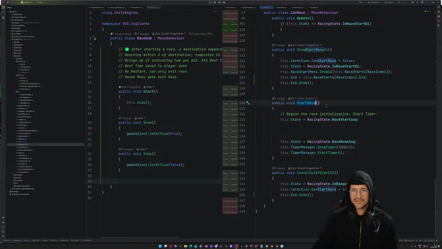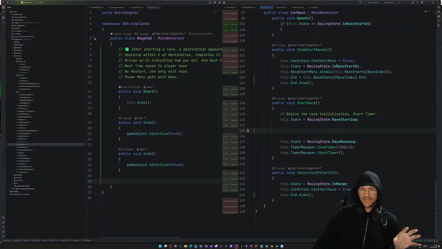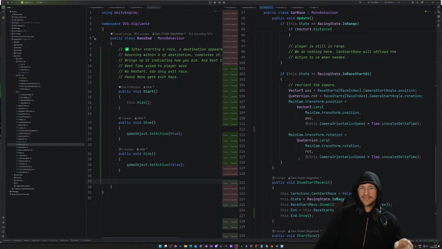So we've got race start. That's been tipped up the whole time. Whatever. All right, so now cancel start UI. Got that in there. This is the one where we start the race. When we start the race, that is where we can start activating or checking the race. So we started the race. We've changed the state to the race running. Okay. So now inside of here, we're going to check